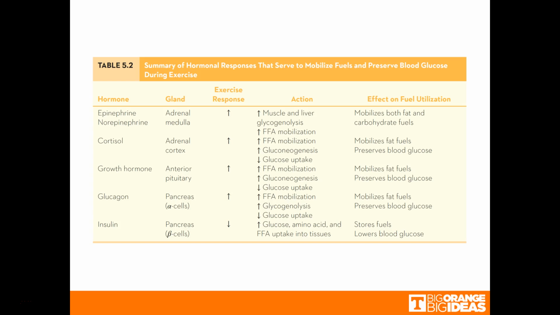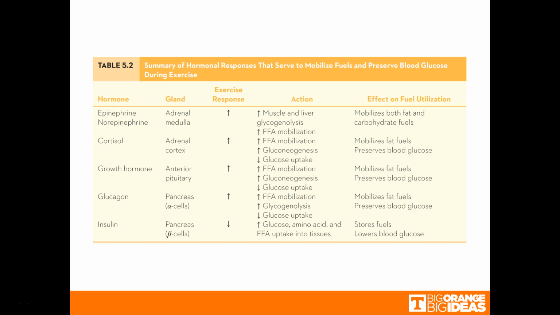So this is a nice slide that summarizes the hormonal responses, as well as the mobilization of different fuels and preservation of different fuels. So make sure you know the hormones. I talked about the glands, where they're released. Glucagon and insulin both released from the pancreas, alpha cells, glucagon and the beta for the insulin. And so during exercise, you'll see epinephrine, norepinephrine, cortisol, growth hormone, and glucagon all increasing, whereas insulin, there is a